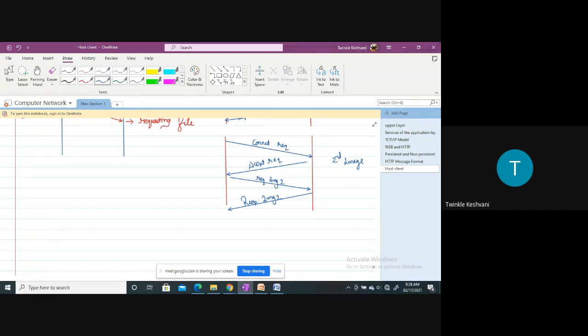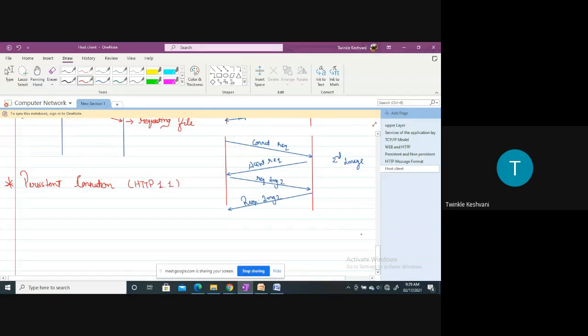Now what will happen in persistent? Let me discuss that. Persistent connection, we call it as HTTP 1.1, right?